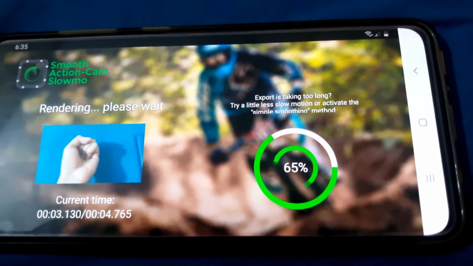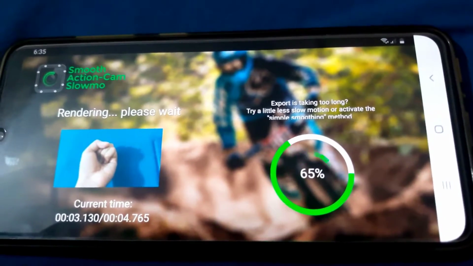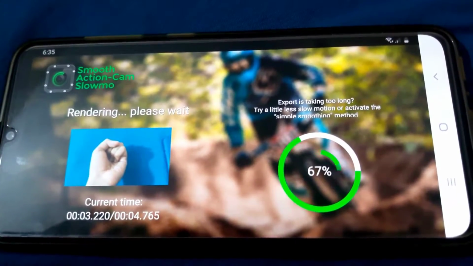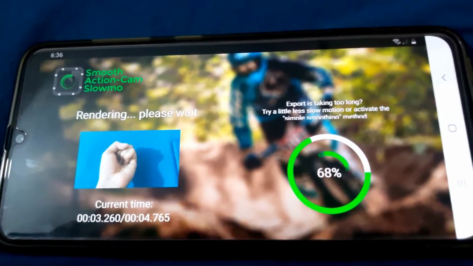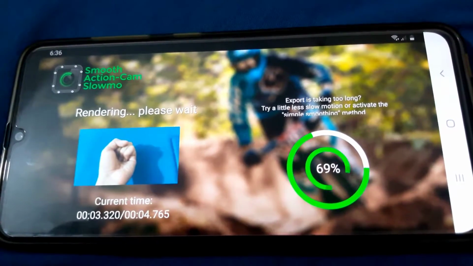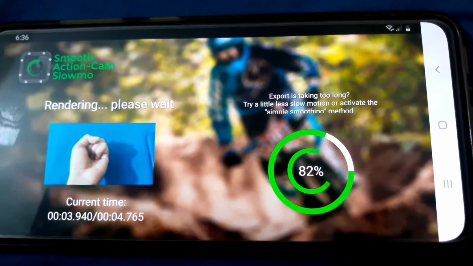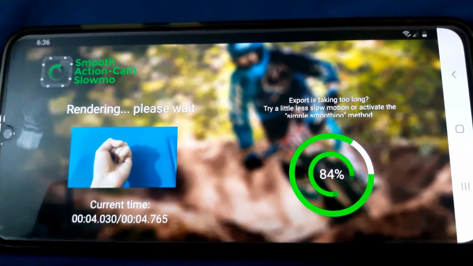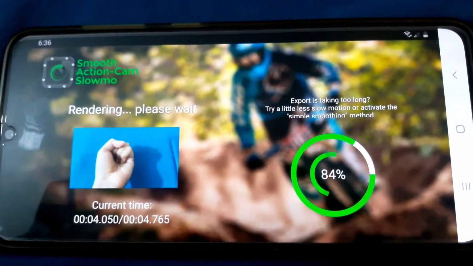Oh yeah, you will have to make sure that when this app is still running in the background, you can't use any other app because this app uses all the processor power and the RAM power of your phone. As this app interpolates every frame in real time, it takes a little bit of time.